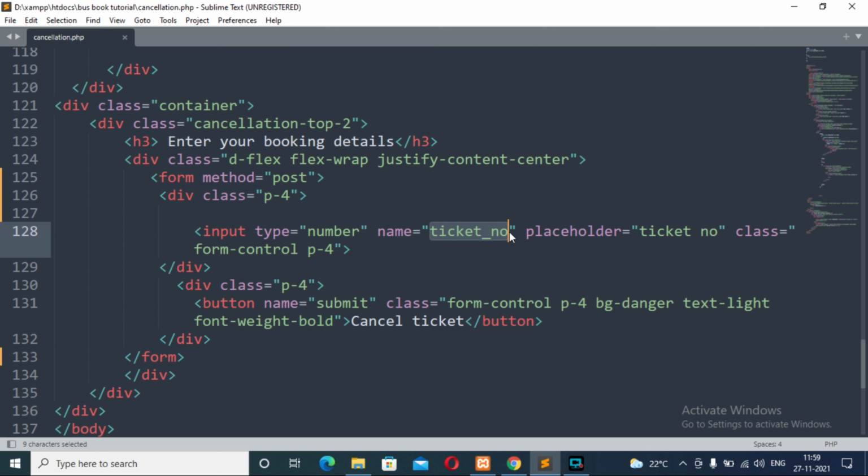This is for collecting the ticket number from the user in our PHP post variable. In the same way, we will collect the button click information through the name attribute having the value submit.